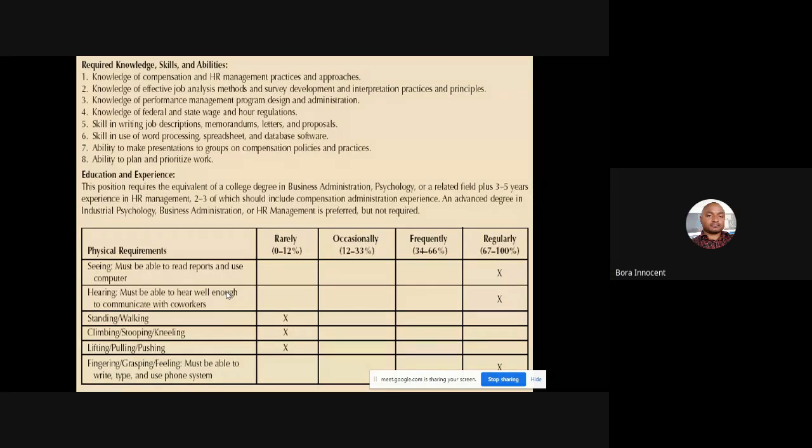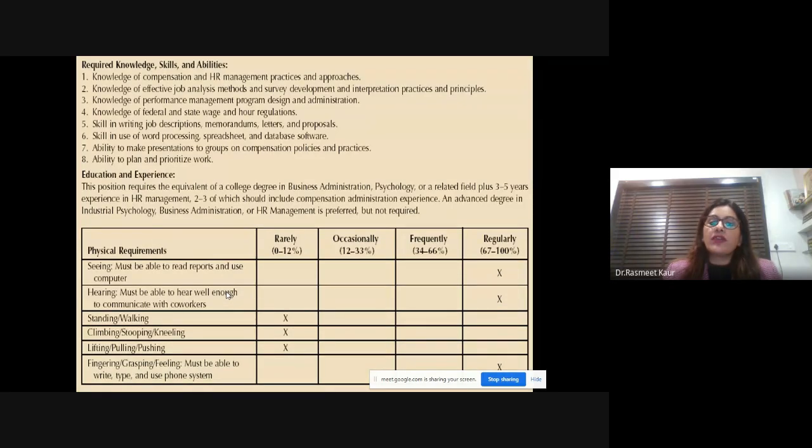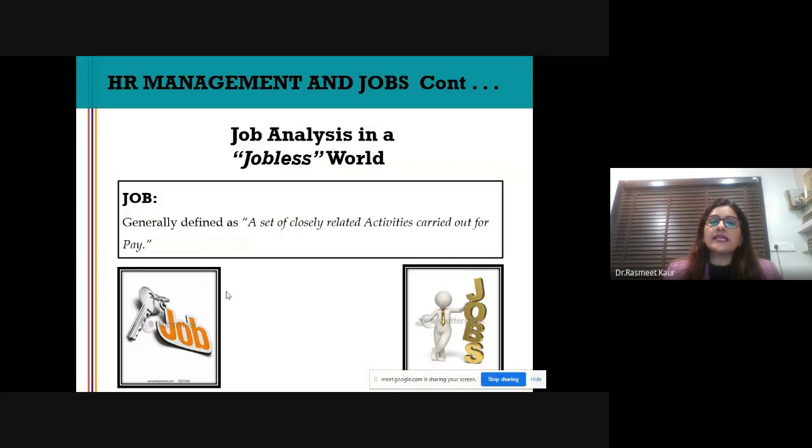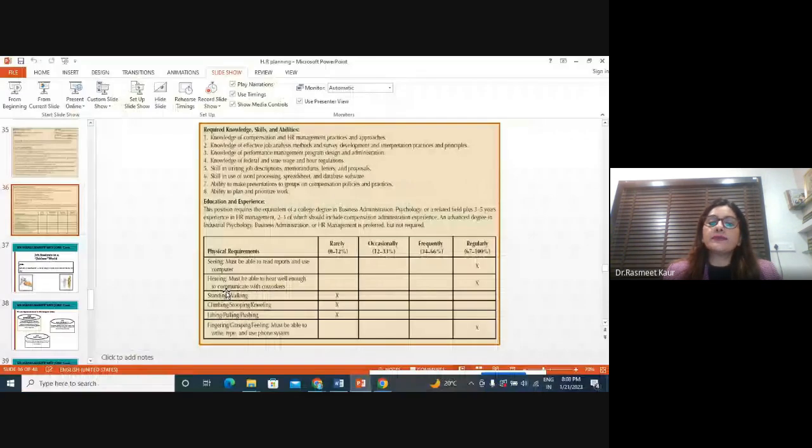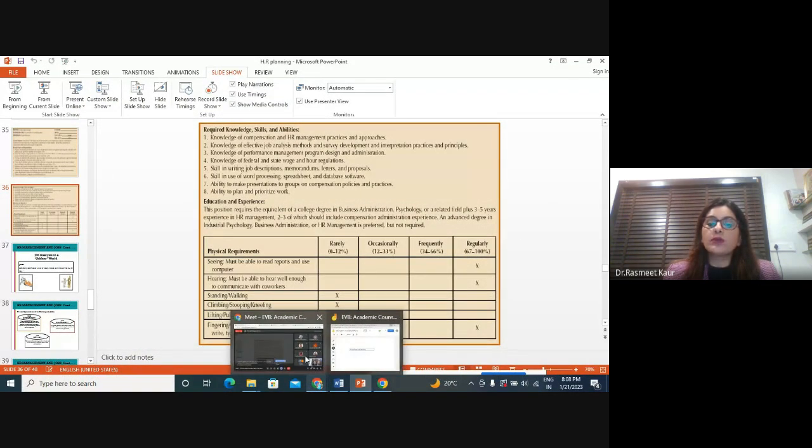Yes, yes. So what I have actually tried to do, with this example, is to explain the entire job analysis process, how it goes. Because when we talk about it, I'm talking about the content. But when I take an example and show you how job analysis is done, in which manner job description is made, and in which manner you make the job specification, I believe it gives you more clarity about that particular topic.